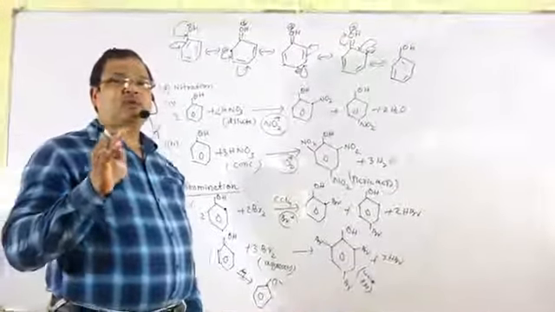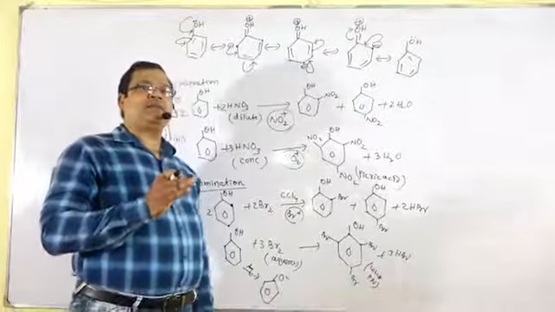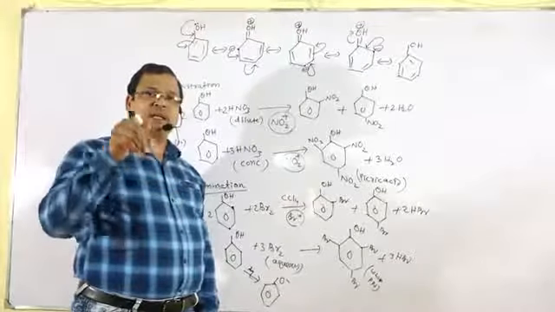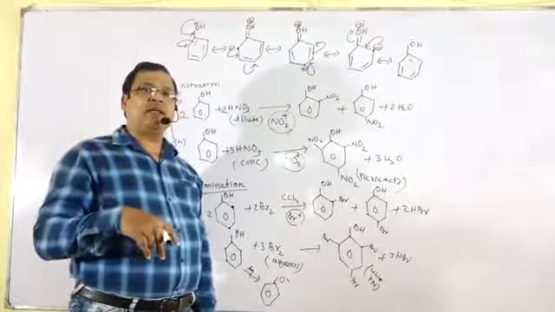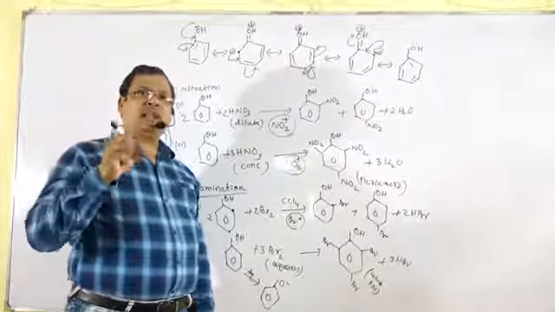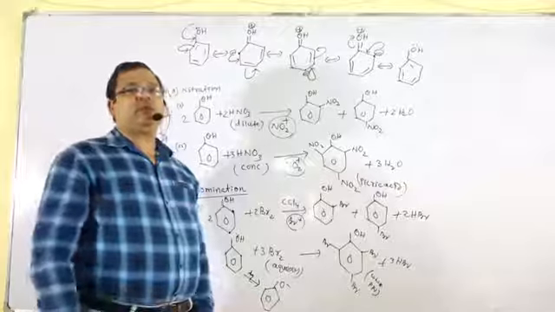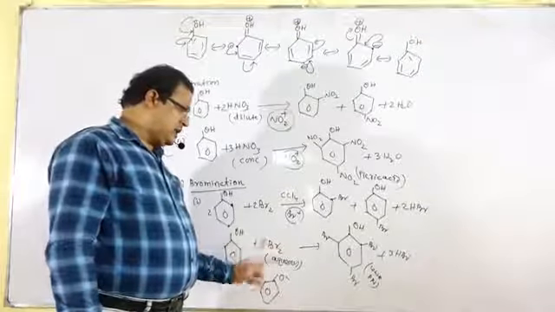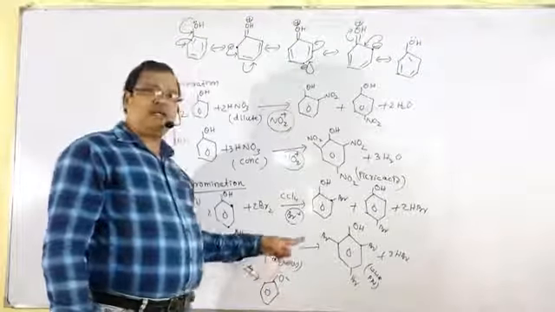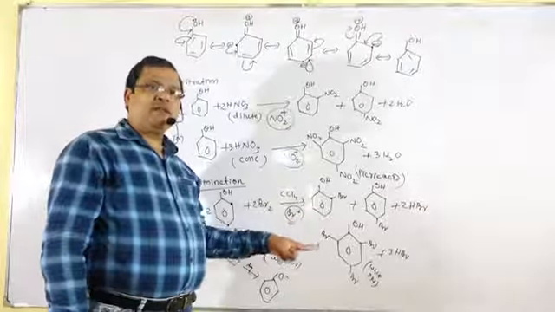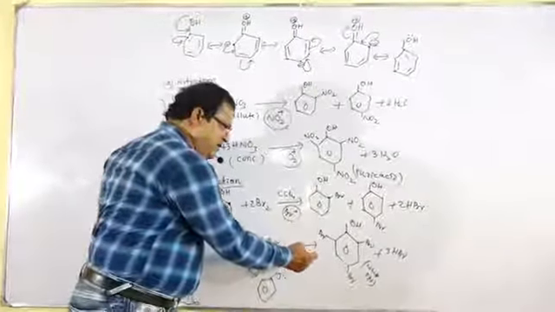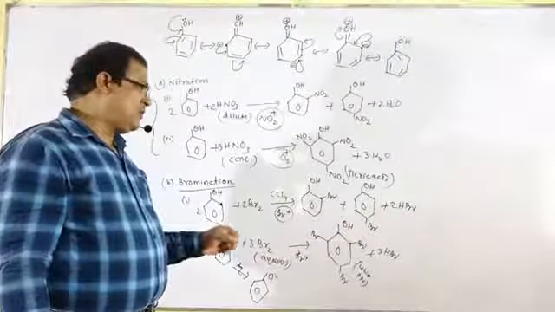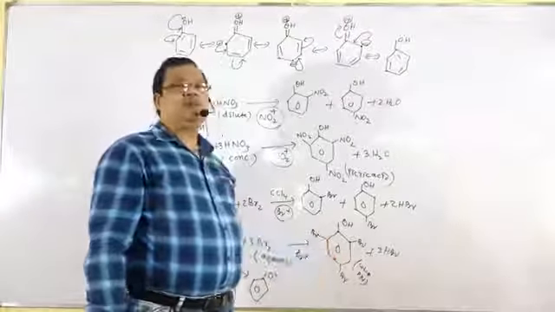Phenoxide ion has a more stable resonating structure as compared to phenol. Because in case of phenoxide ion, there is no such charge separation, only the negative charge that remains over the more electronegative element. Therefore, phenoxide ion has more directing power as compared to phenol. Therefore, in aqueous medium, since phenol will produce phenoxide ion, that phenoxide ion will direct the electrophile Br plus to enter at all the ortho and para positions. Therefore, there is the formation of 2,4,6-tribromophenol.